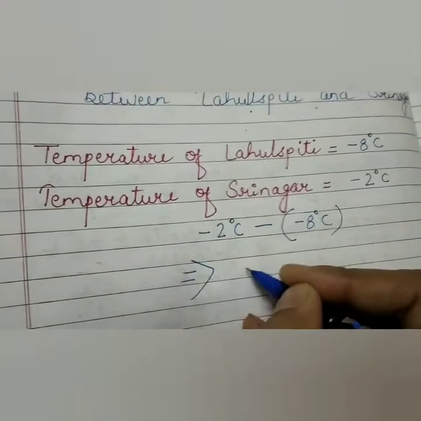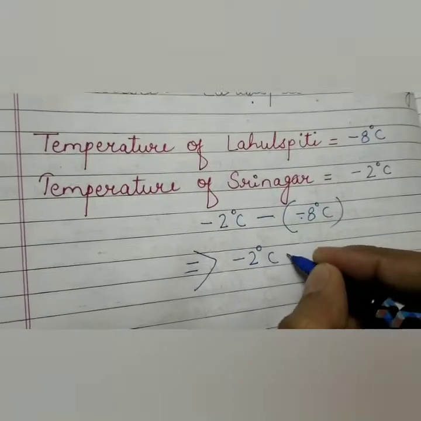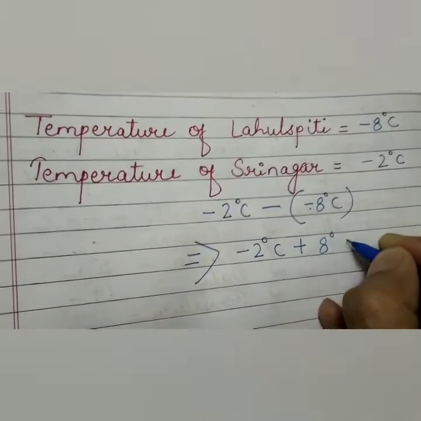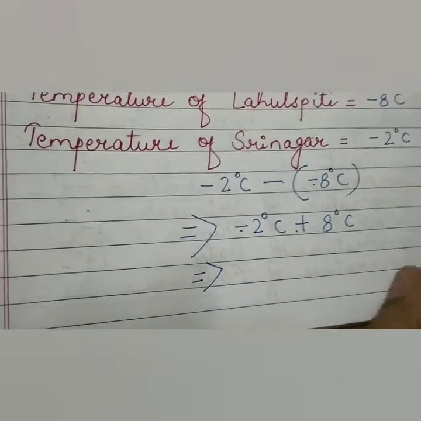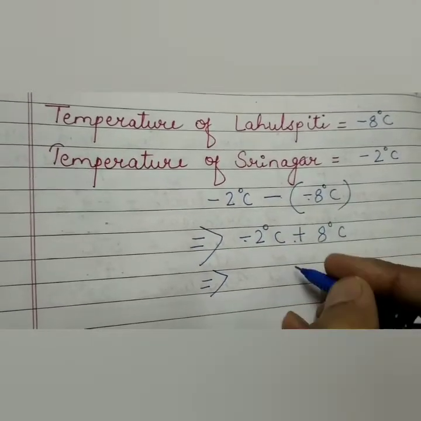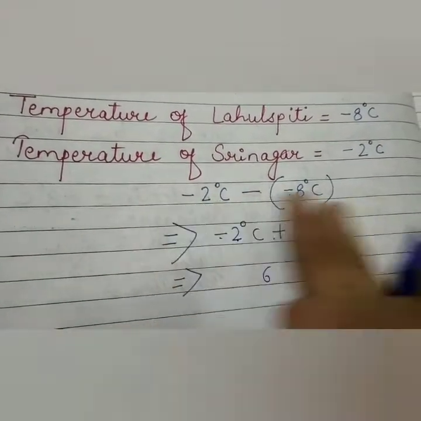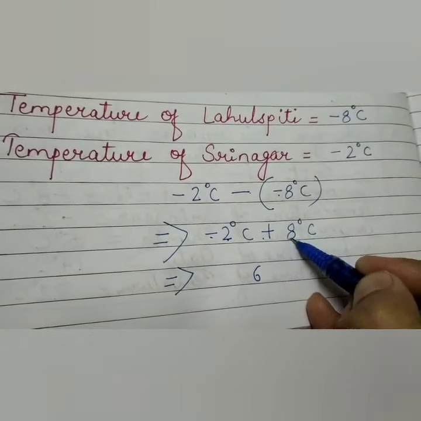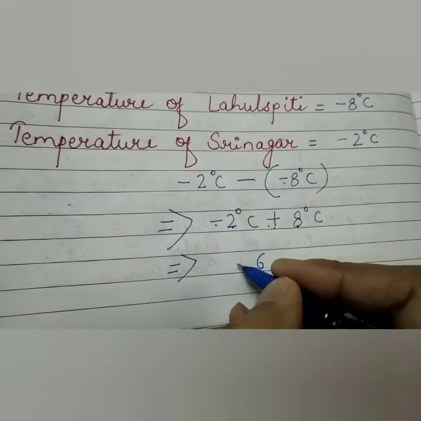Okay. Now this is minus 2 degrees Celsius. Minus minus will be what? Plus 8 degrees Celsius. Now plus minus will be what? Minus. So 8 minus 2 will be what? 6. Now in 2 and 8, which is a greater number? 8 is a greater number. It has a positive sign in front of it. So this will be plus